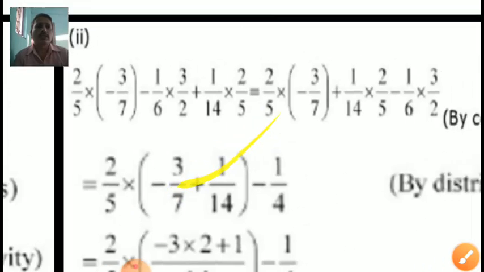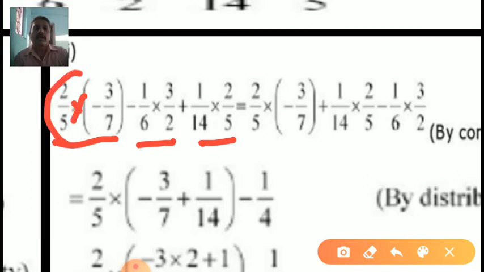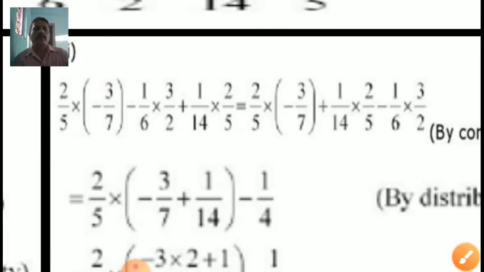Now look at the second question. The question has terms. This is the first term. This is the second term. This is the third term. So these three terms are in multiplication form. Once again I remind you, when you find the multiply sign, take a group of numbers. Understood? Yes. Now look at that and find out if any common term is there. Yes, the last third term has a relation with the first term, or not.